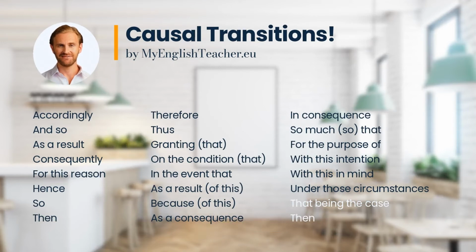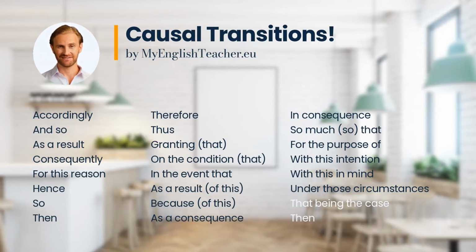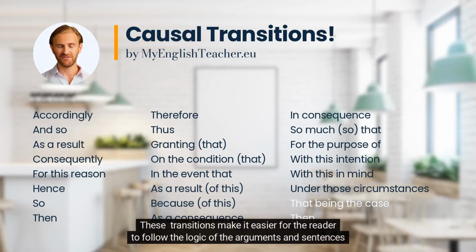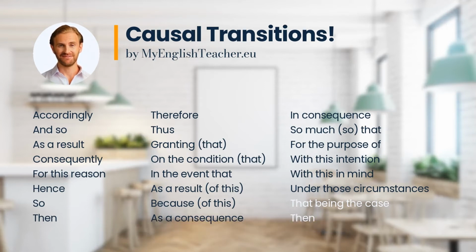Causal transitions. Causal transitions, also known as cause and effect transitions, show how particular circumstances or events were caused by other circumstances. These transitions make it easier for the reader to follow the logic of the arguments and sentences represented in a paper. Here are several examples. Accordingly, and so, as a result, consequently, for this reason, hence, so, then, therefore, thus, granting that, on the condition